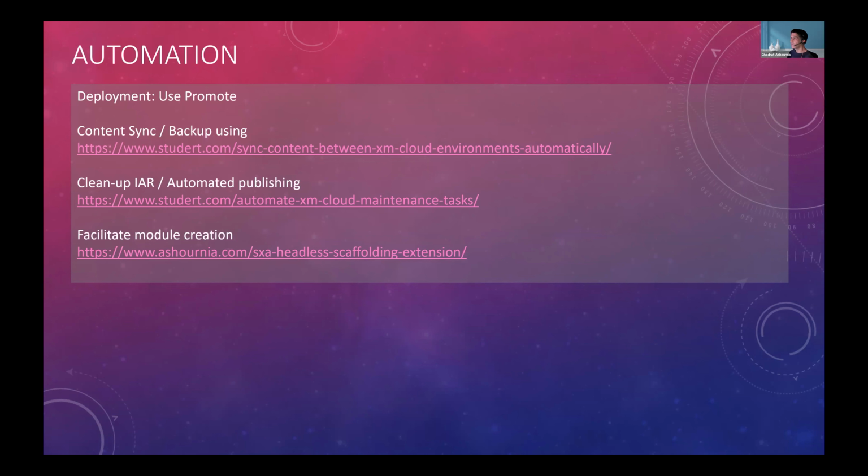And later, we could just deploy any version of the contents to the other environments. It was feasible for us because we had a Content Hub and we didn't have any media on xmCloud. If you have media in xmCloud, you need to evaluate if that works for you.